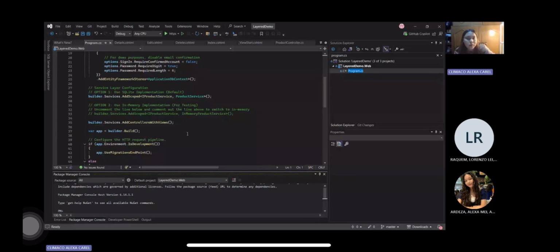So for the conclusion, this layered demo project is a practical demonstration of building a clean, maintainable, and scalable web application using .NET 8 MVC with individual authentication.